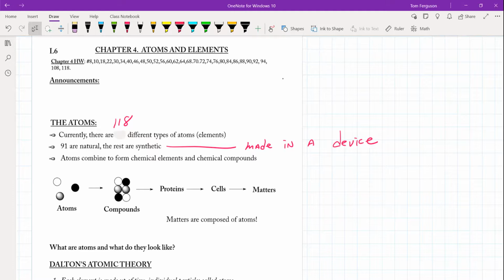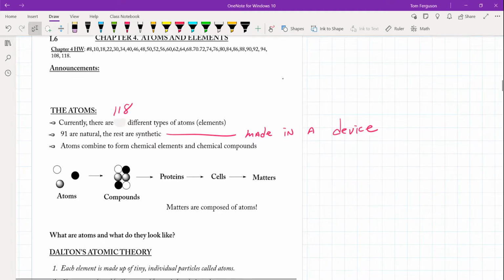And these elements aren't particularly stable. Sometimes they're around for hours, sometimes they're around for microseconds. They're just not very stable. But we have gone all the way up the periodic table to 118. I'll show you where that is in a minute here. Okay, so if we have